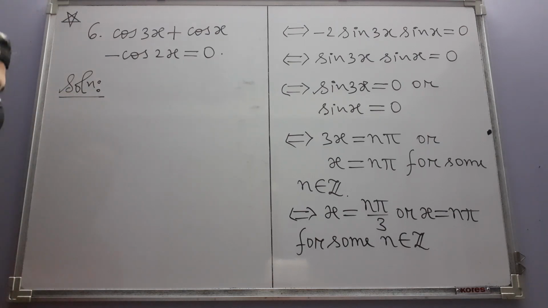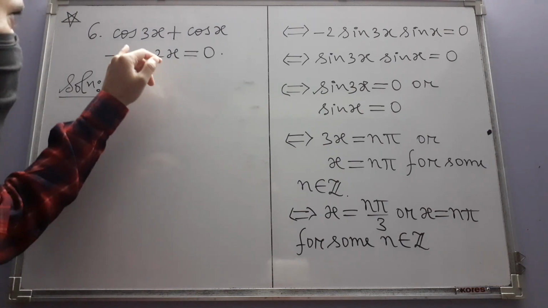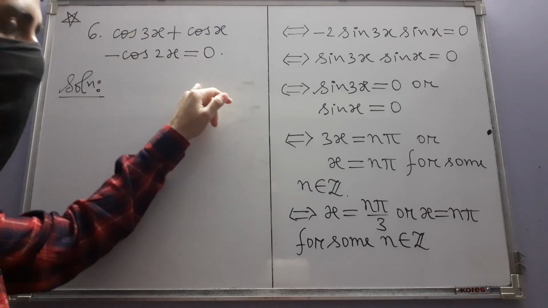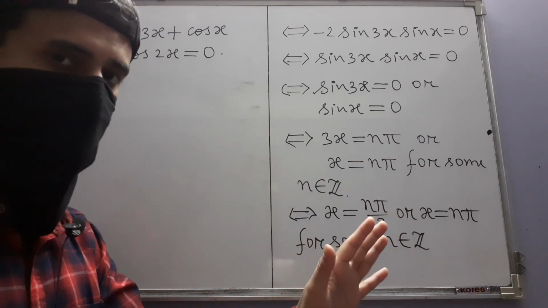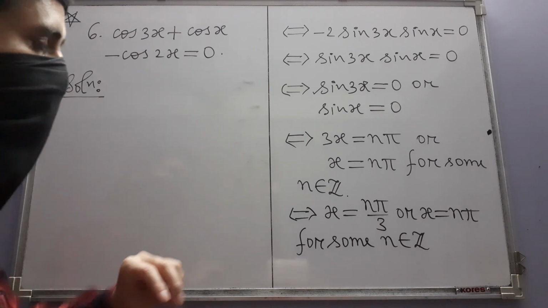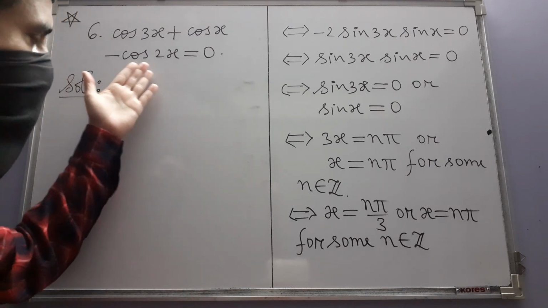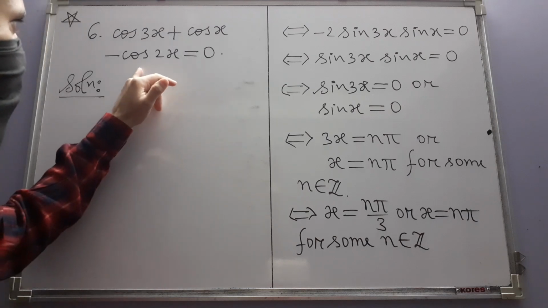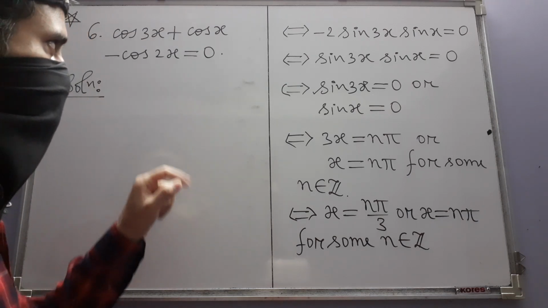Remember, I told you something about such a situation. You have to figure out beforehand, before applying any such formula of cos a plus cos b, something like that, that ultimately whatever the formula is going to give you, if you are lucky, that's how these questions are set up, that whatever you are going to get from that formula, the other term